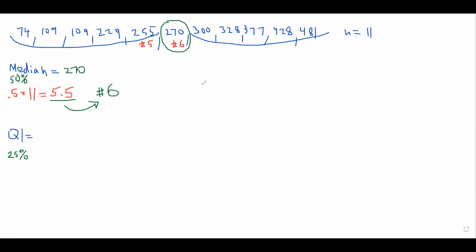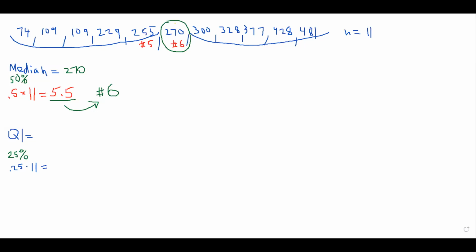So what I do is take 0.25, a quarter, and multiply by my sample size n, which is 11 in this case, right? And see what we're going to get. And of course, a good idea is to use a calculator for this. So if you multiply 0.25 by number 11,